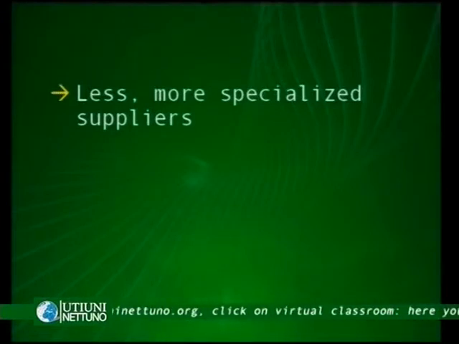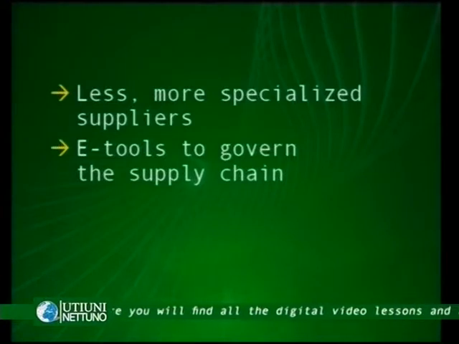As I mentioned before, there are fewer and more specialized suppliers, especially at the top of the pyramid of the supply chain. There are e-tools to govern the supply chain. These e-tools are, for example, automatic systems that check the inventory levels at all players of the supply chain. And they can even automatically replenish inventories once the inventory level has gone below a specific defined threshold. In that case, the e-tools basically do, especially for simple standardized products, the procurement and the reorder process